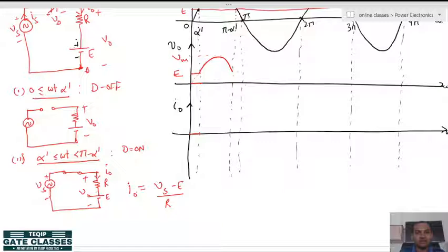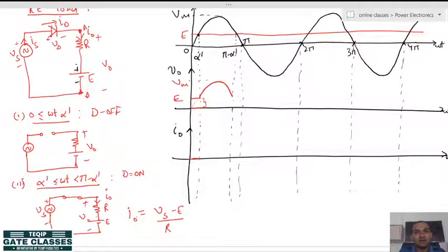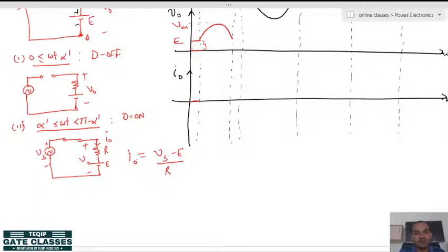But here you see that since we have got this much amount of voltage here, when the circuit was connected at alpha dash instant, some voltage was there, but the current will not, at the same time, say this voltage was there. So, if you put this value here, all right, but here we can see, if you see the input side here, at this point the E value and the V s value both are same.